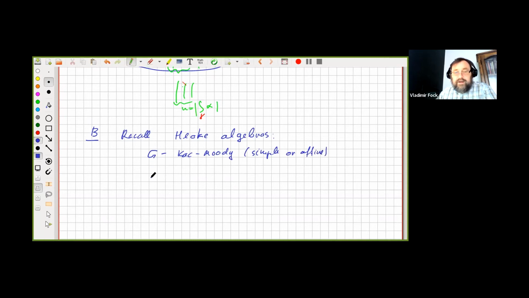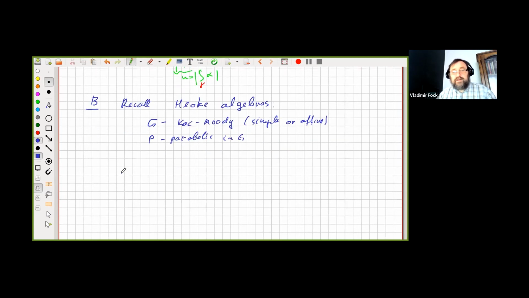And you have P, which is a parabolic subgroup in G. Then we can consider the space of the Hecke algebra H, which depends on G and P,